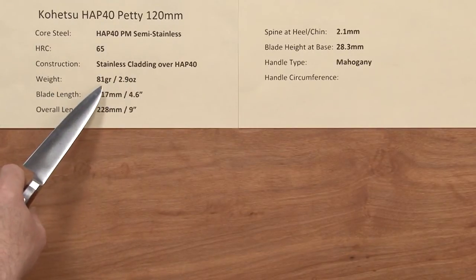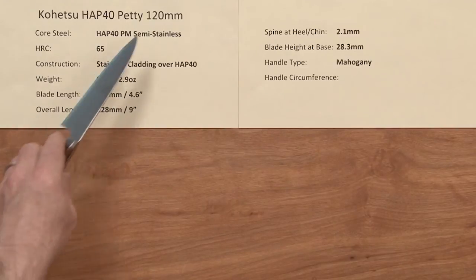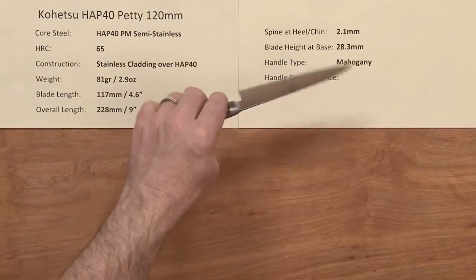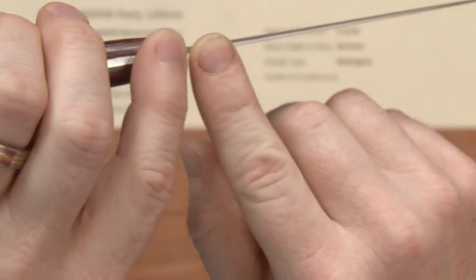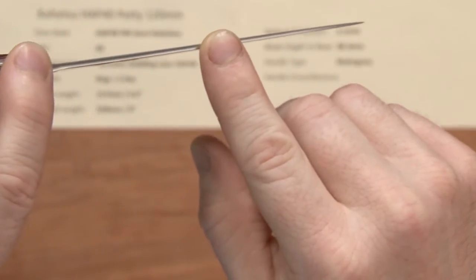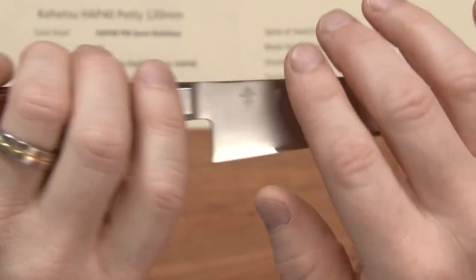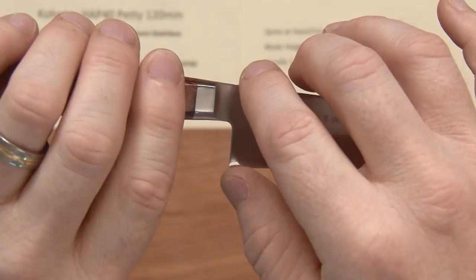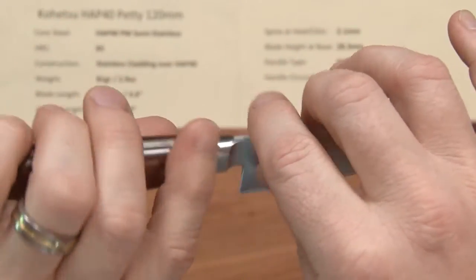The weight on the knife is 81 grams or 2.9 ounces, and the blade length is a little under 120, 117 on the edge. Overall length 9 inches. The spine above the chin heel area here is 2.1 millimeters. And it does have a good little taper that comes down all the way to the end of the blade, so it's a nicely tapered knife. The blade height back here at the heel chin area to the spine is 28.3 millimeters,